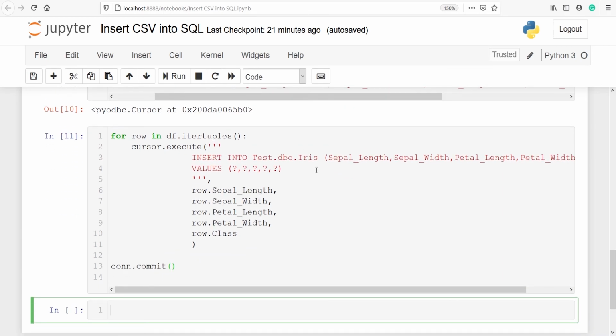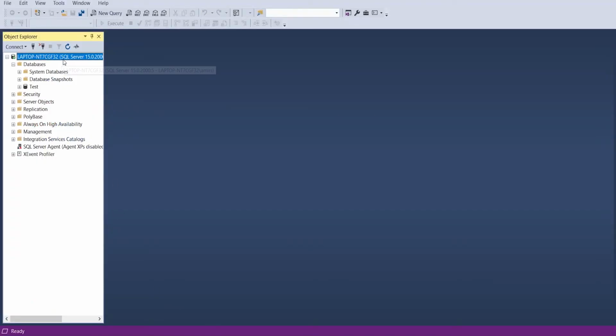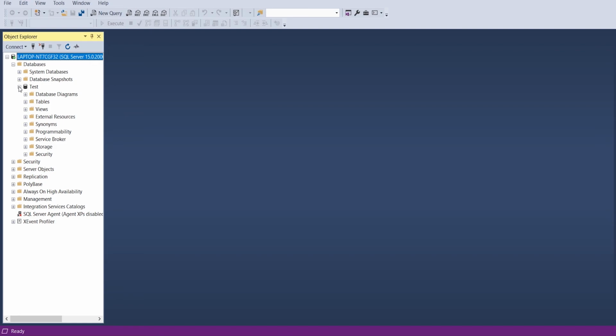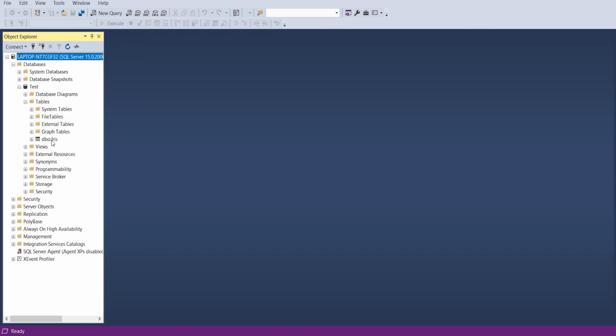Let's go to the database and verify. I will refresh this database. I'll click on databases, then test database, and now I will click on tables. Here you can see that we got a table dbo.iris, and we can also look at the values present in